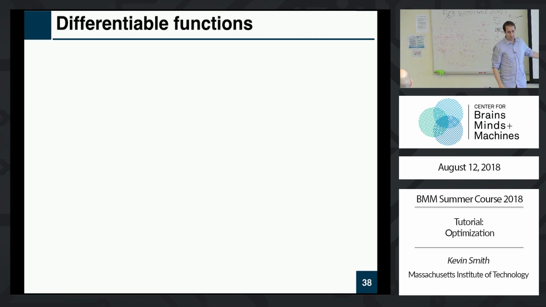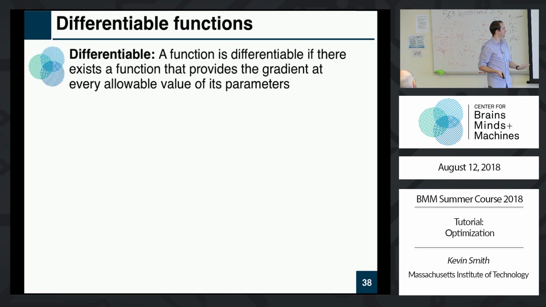Now this is fine for these sort of simple problems. 4 function calls is not great, but it's doable. But when you start getting into things like neural networks where you've got thousands and thousands of parameters for the weights, you don't want to have to run your function multiple thousands of times just to get a gradient out. That is costly, it's wasteful, it's not great. So that's why we care about this